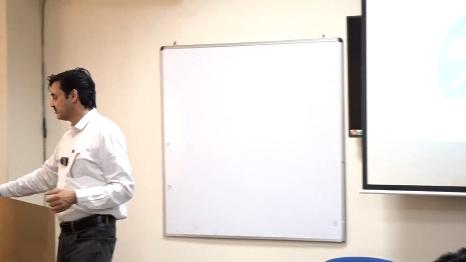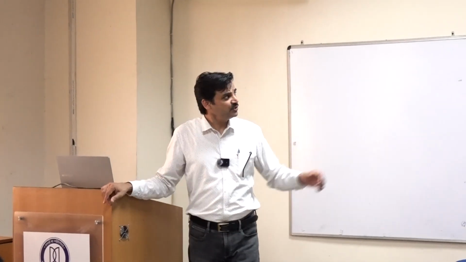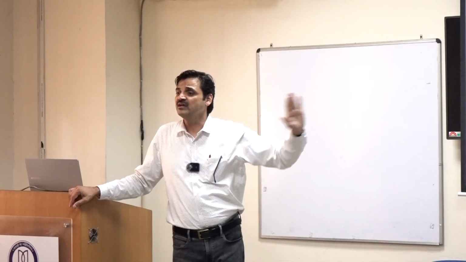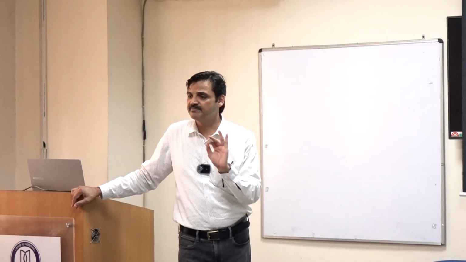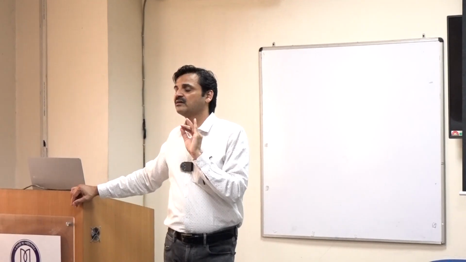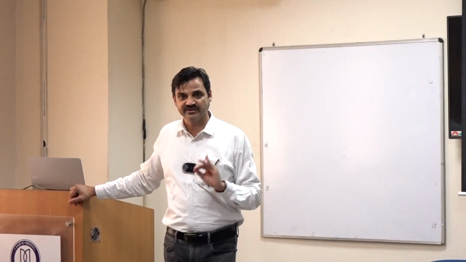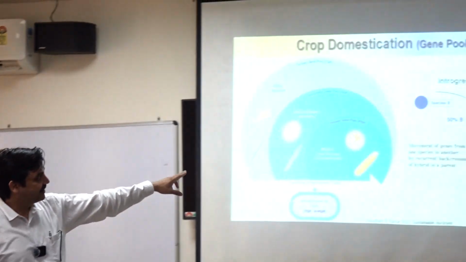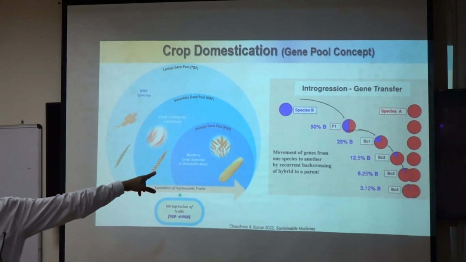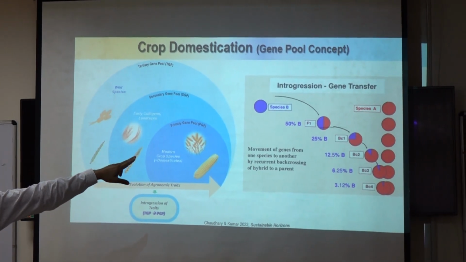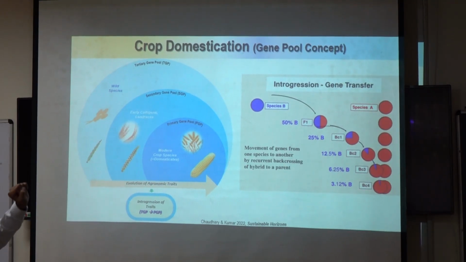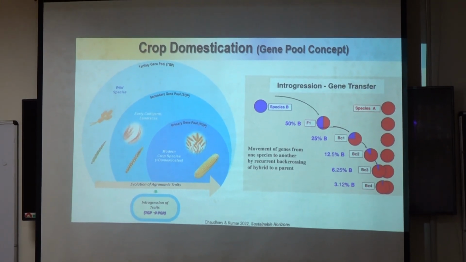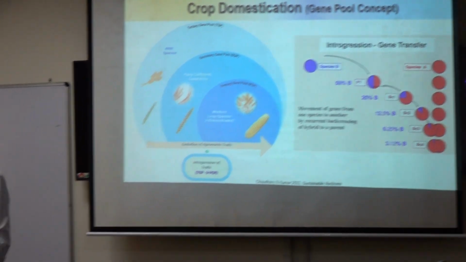And for that purpose, if you have such a scenario, you use a gene transfer, a character transfer technique that we call introgression. This is the basics of classical breeding. So if you have different species, let's say you have a species B, the blue circle, and a species A, the red circle, and species A is good to me, the only problem is that it is sensitive to rust, a fungus.